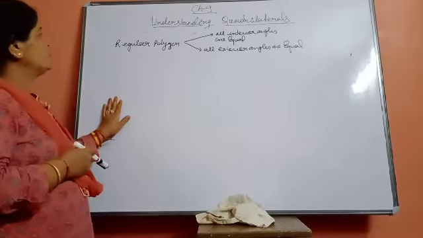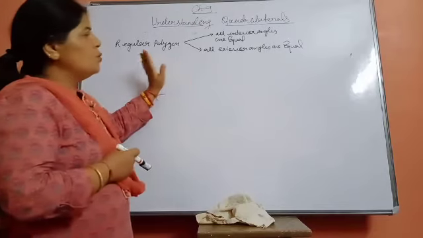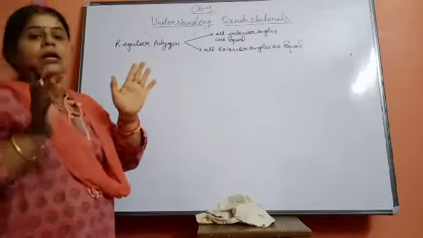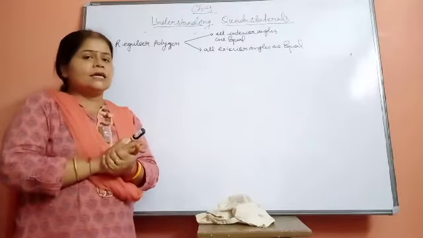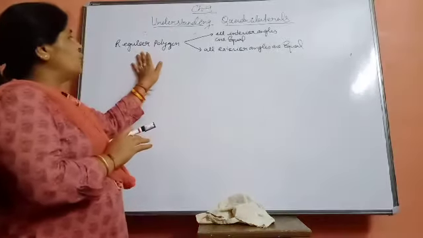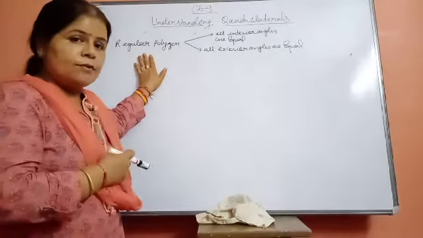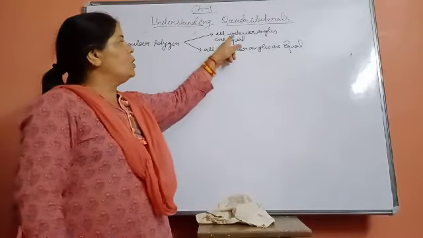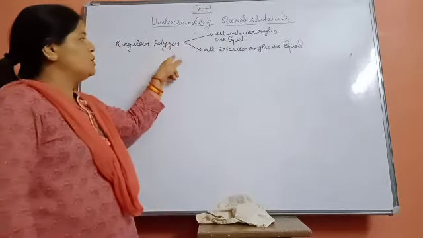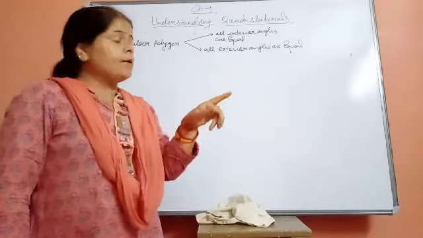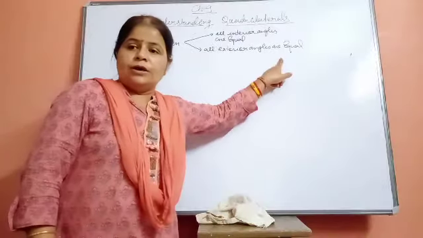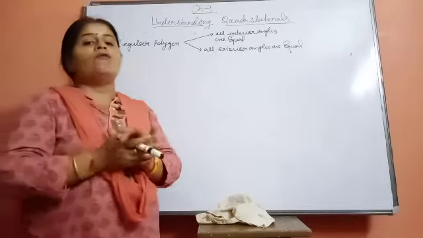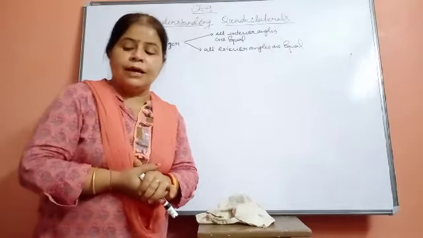Now see the regular polygon. One more thing to keep in mind: a regular polygon means a polygon in which all the sides and all the angles are equal. Our figures are known as regular polygons. We started the topic from here, classification. Now keep one more thing in mind: the interior and exterior angles of a regular polygon are always equal.